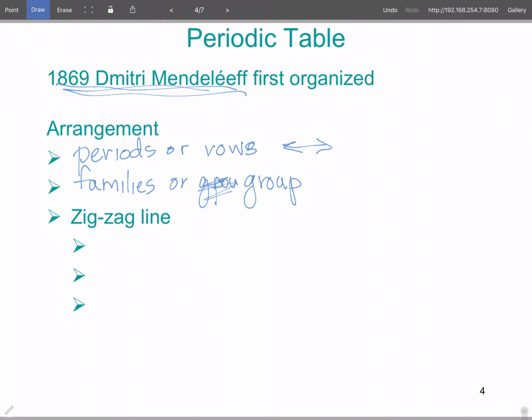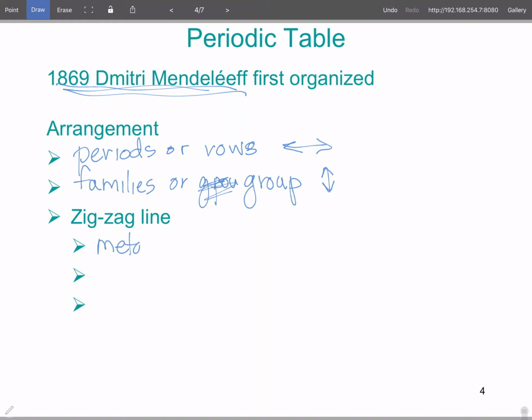So a family or group goes up and down. Think of family groups like your family tree. That's the up and down. Now, on every periodic table, you should have a zigzag line. The one I gave you or posted, you have to write it in. But I'll show you where it goes. And that's going to differentiate